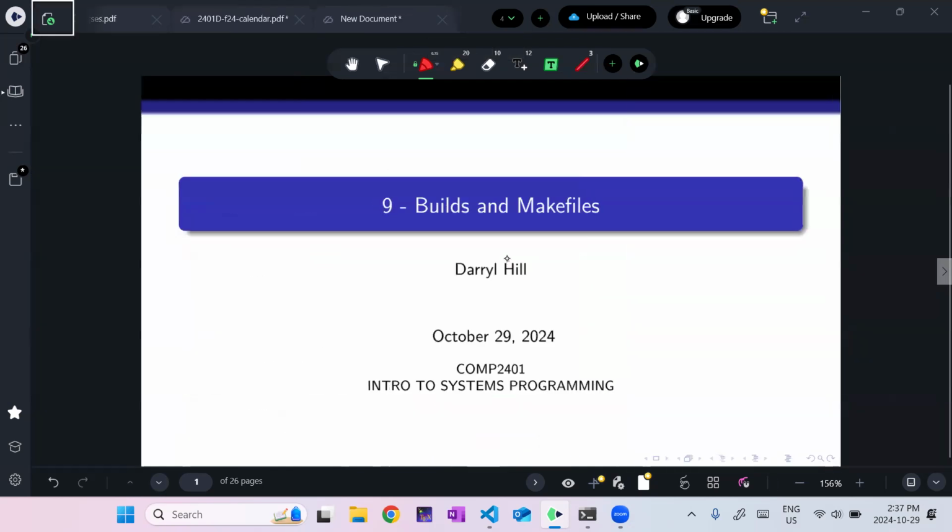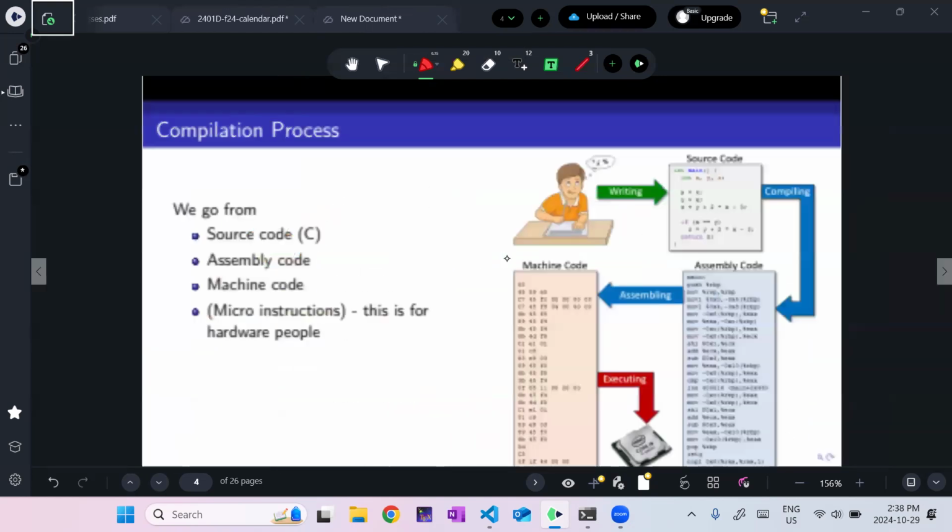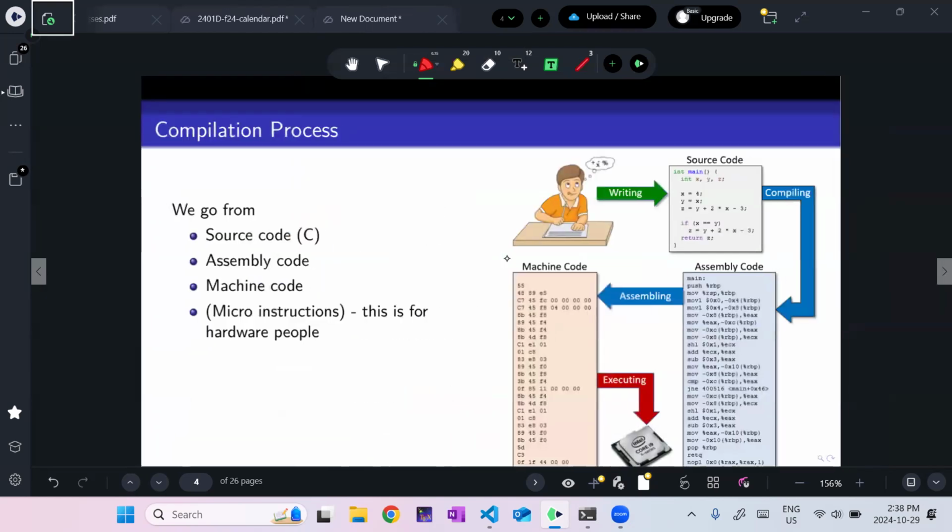So we write code, and then it gets compiled. What happens when it gets compiled is we take the source code. There's a preprocessor step. It goes through and replaces all your constants that you've defined, and depending on what you defined, you might have some debug statements or things like that. It turns that into assembly code, and then that assembly code is assembled into machine code, which is pretty close to the assembly code. It's just the numerical equivalent.